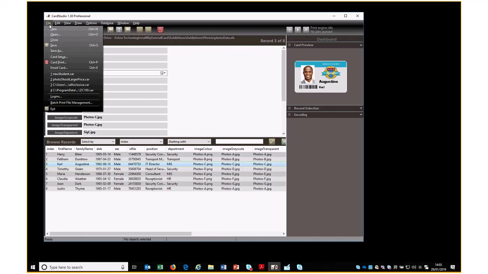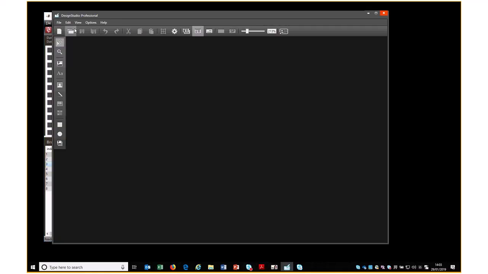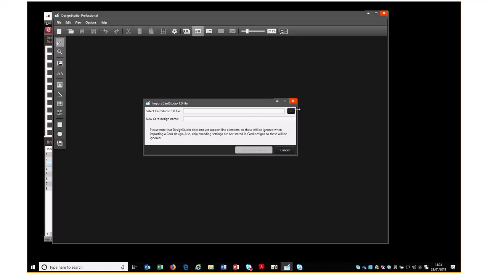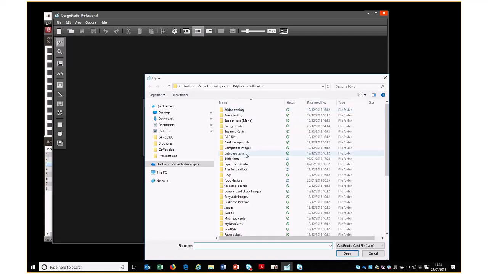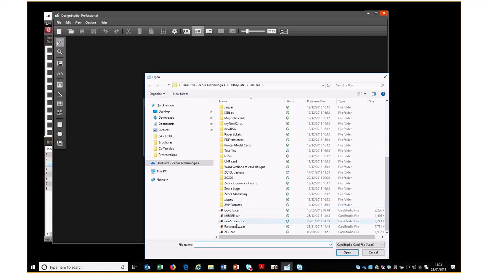If we save our card design, and then go to CardStudio version 2, and pick File, Import, CardStudio 1 Design, what we need to do is go to the folder and the design we want to use,